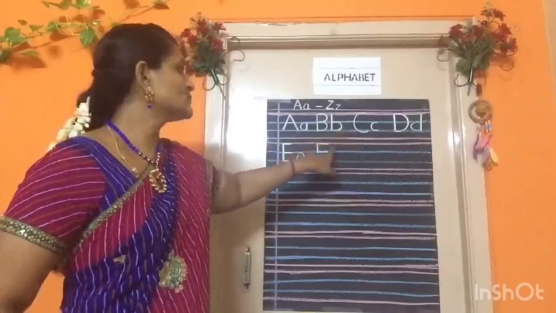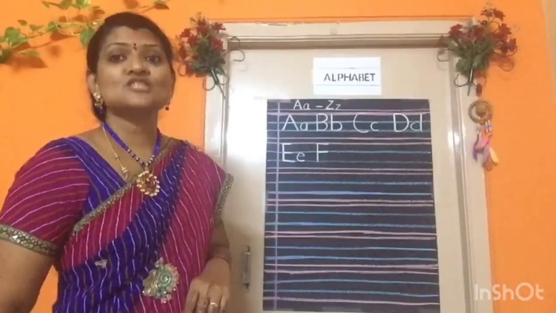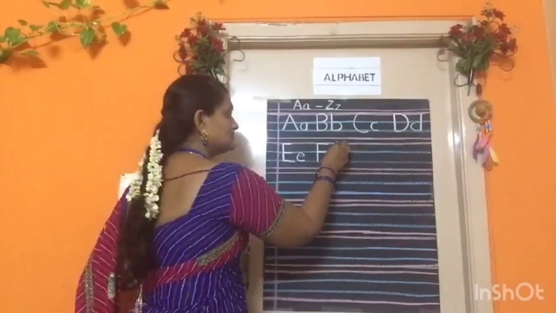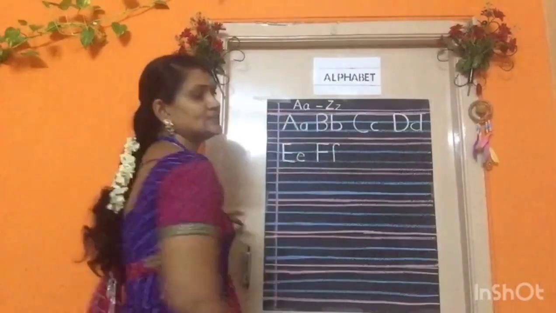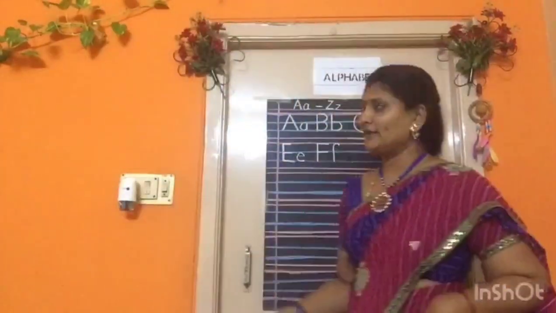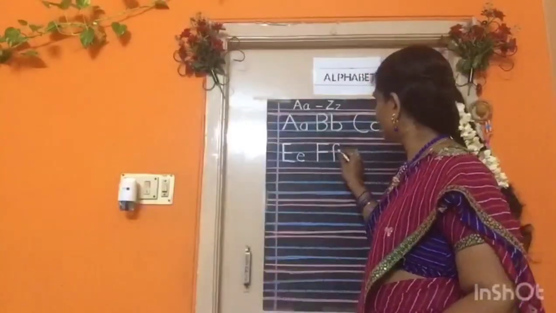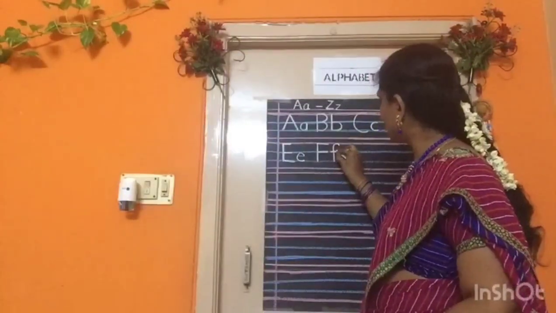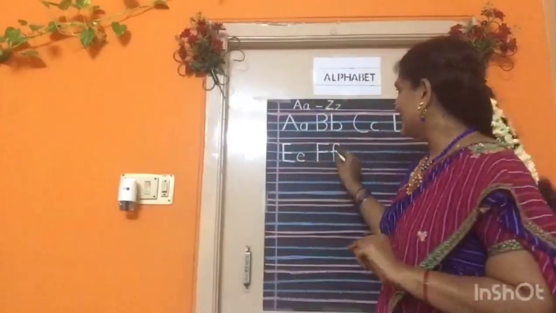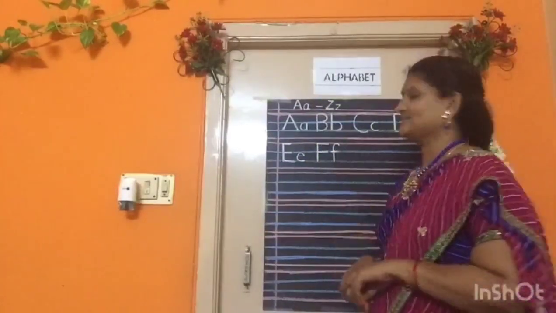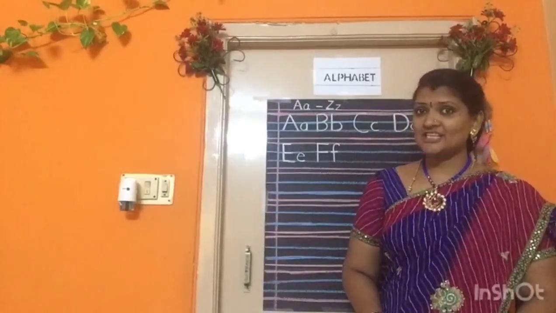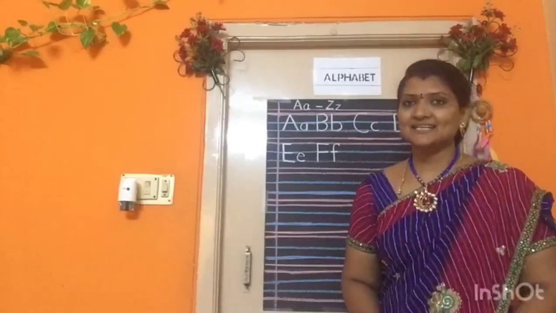Okay, children? Now what will you write? Small f. Small f. Hump and bring down till the second blue line. That is small f. And a horizontal line, that means you are cutting that vertical line, like that you have to put the horizontal line. Understood? Next comes G. G says G.